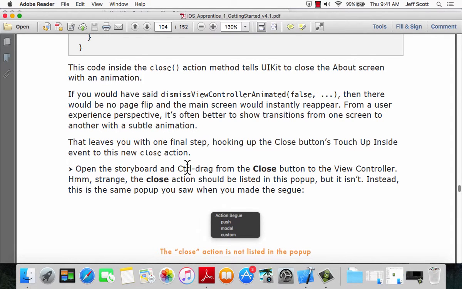And please notice, if you look up on the screen here, I'm on page 104. It says there's still one thing that you have to do. All right, two things really. You have to control-drag from the close button to the view controller, and you have to choose the close button in the view controller. It says the close action should be listed in this pop-up, but it isn't. So the author is showing you right now there's an error in the code, and the error is that right now it's not recognizing